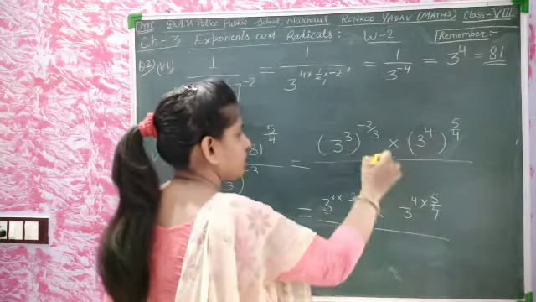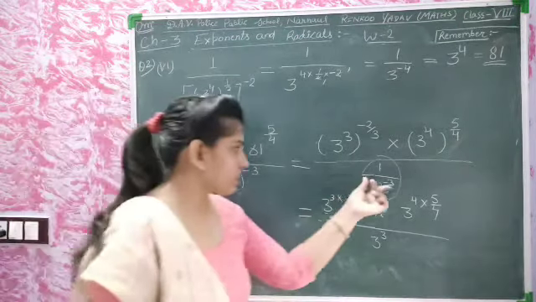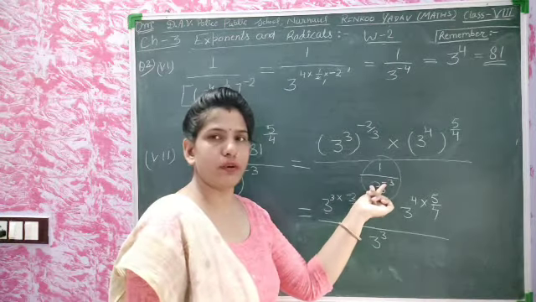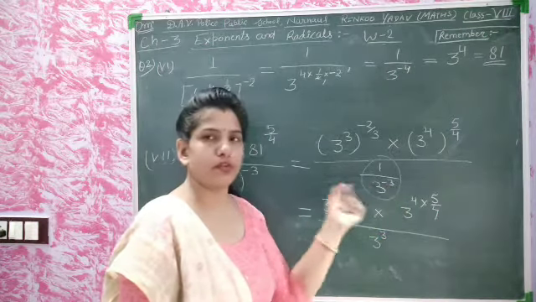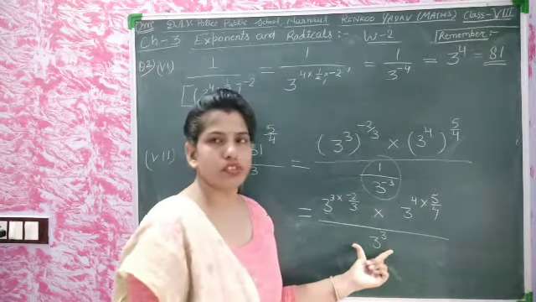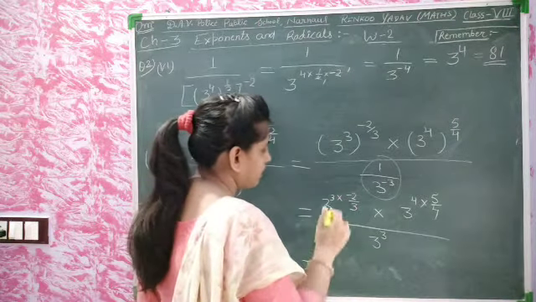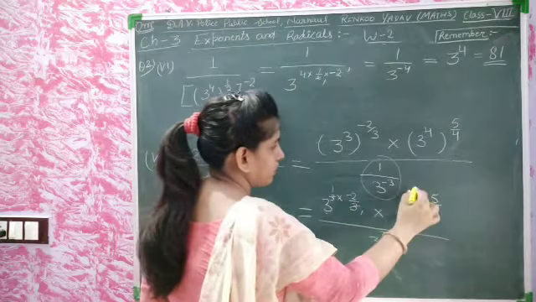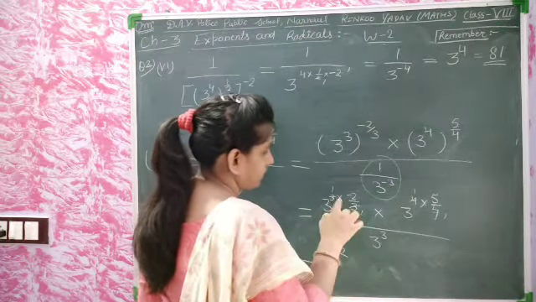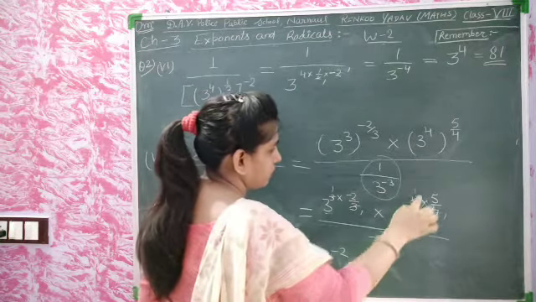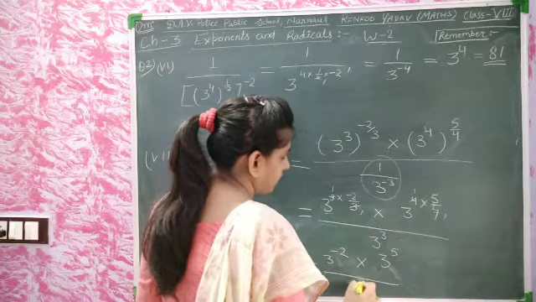The reciprocal of this number is 3 to the power 3. Yes, the reciprocal of this number, because there is a negative power, and if 1 is divided by any number with a negative power, then we will get the reciprocal of this number. वे हम यहाँ इसके reciprocal का reciprocal लिखेंगे. 3 1 ja 3, 4 1 ja 4. We are getting here 3 to the power minus 2, there is the minus 2 power, into 3 to the power 5, and there is the 3 to the power 3.